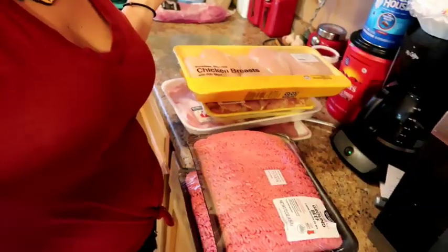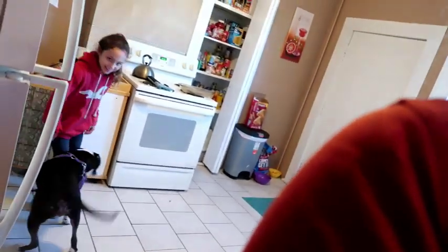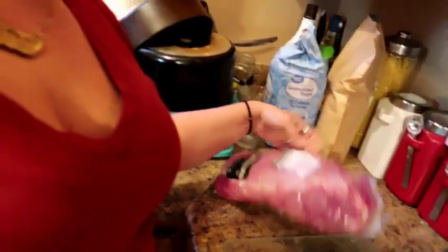Hi, welcome back. This is the second part of the first grocery haul, where I got the meat and we are going to prepare it for the month. And Lady is still excited about her treat right there. So we're gonna start off with the pork. This pork is